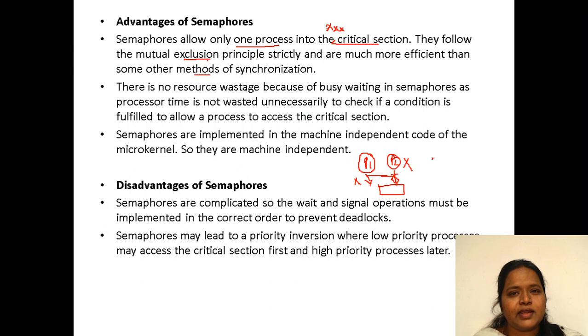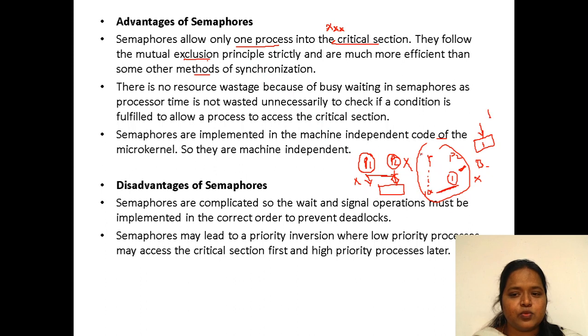And bounded waiting means, if the P1 process has executed 100 times and the P2 process has only executed a single time, we call this bounded waiting. Why? Because the P2 process keeps waiting while the P1 process is doing its task. This also is not to be entertained. Mutual exclusion means only one process should enter into the critical section.